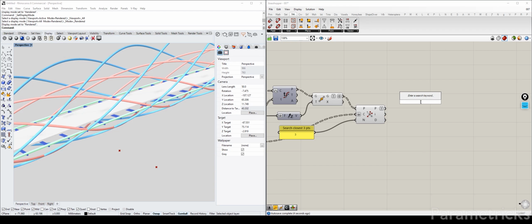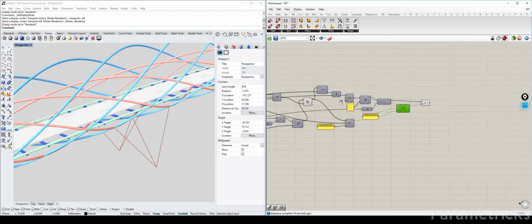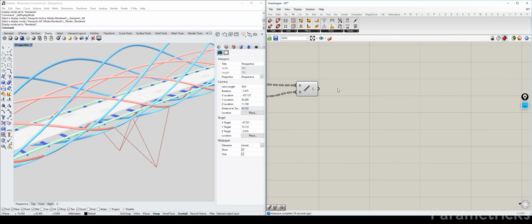Okay, so if you were to do list line, I'm sorry, you should get how many do we expect to have? We expect to have 8 times 3, that will be 24. There we go, 24 lines. And we can actually disable that. And now what we can do here is we say,